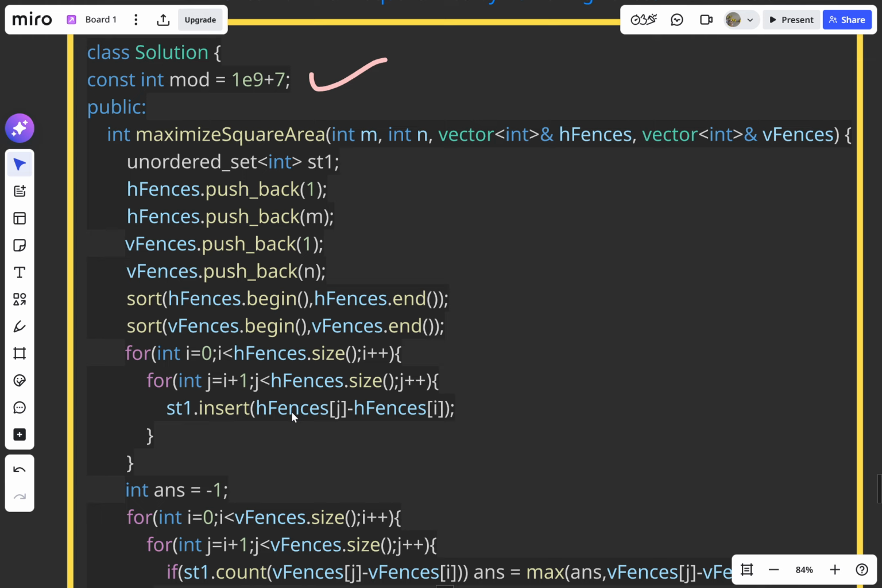Okay, and again it is given that we have to take the modulo for the answer, because the answer can be very large. So that's why we have taken a constant equal to mod 1e9 plus 7. In the function we have declared an unordered set. If you are doing it in C++ with the ordered set, you may get a TLE, because